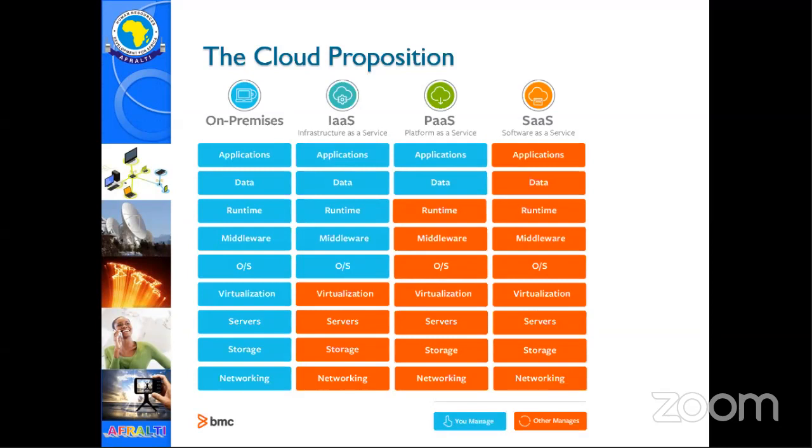So instead of spending, let's say, $10,000 buying a license for an ERP system, you can go to a cloud provider and say, I need an ERP or an accounting system for my small business, and I'll be paying on a per-use basis. So that is also an attractive offering to small organizations who would otherwise not have afforded large upfront costs in purchasing or installing these systems.